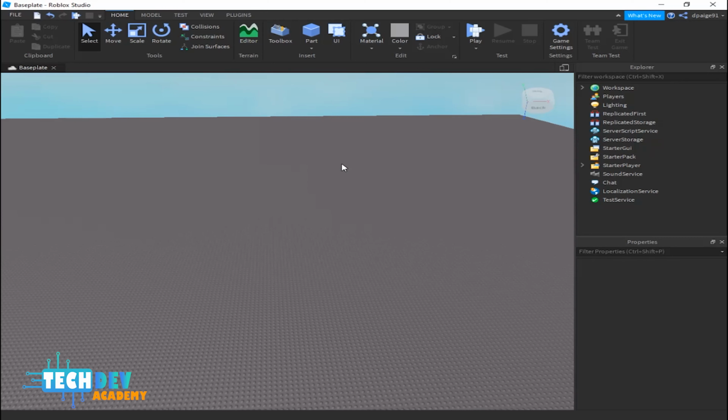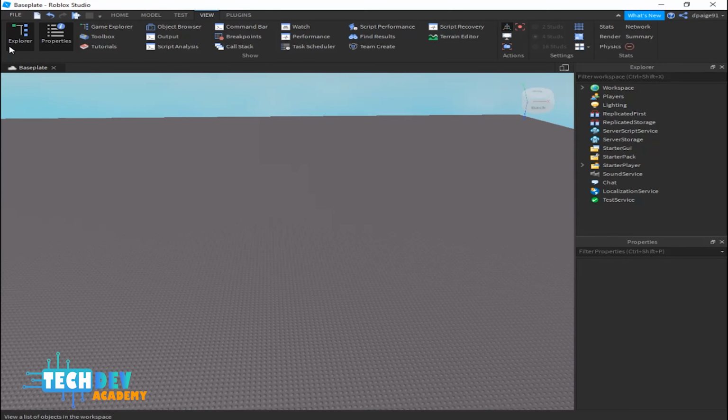Now, of course, you need to have your Explorer and your properties open. In order to open Explorer and properties, you need to go to View and click on Explorer and properties. Now, make sure these two are turned on. If you see them turned on, they will be here on your right hand side. If not, you only need to click these once and they'll show up right here. Now I need to go back to my home page